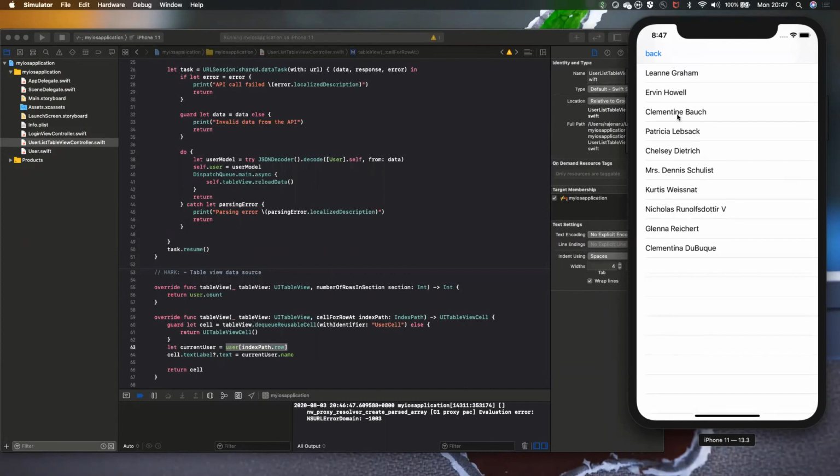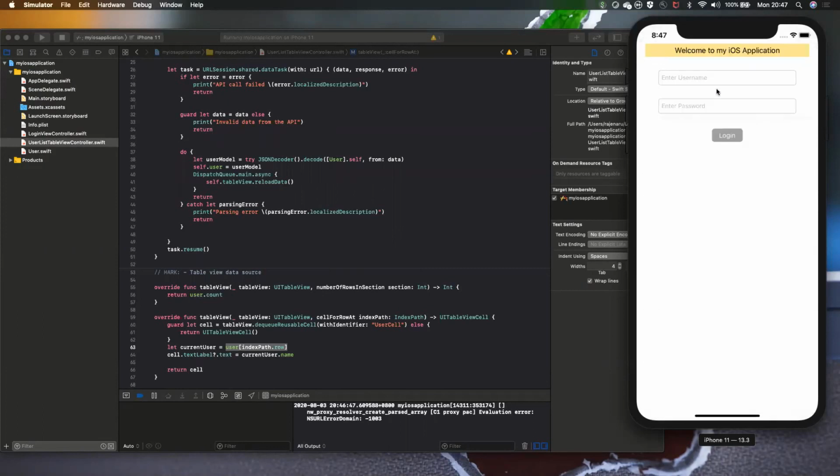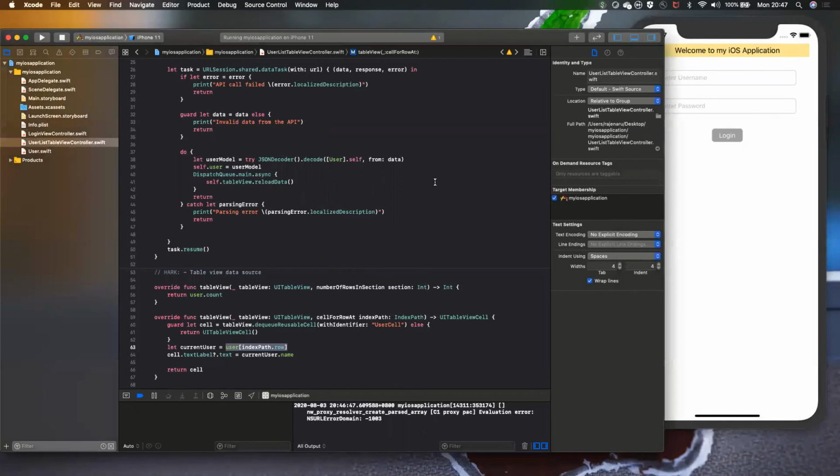The similar thing is what Instagram and Facebook, the famous apps, will be doing. They will have the API, process the response, and display the username, the post they made, the comments, everything. So this is the basic for building a super complex application. Just click on the back button and it will come back to the login screen. Yep, so this is just the basic.